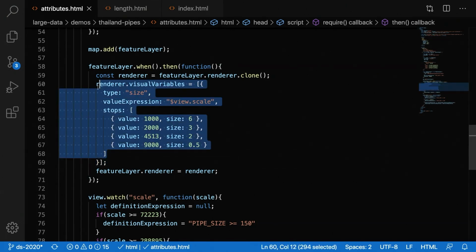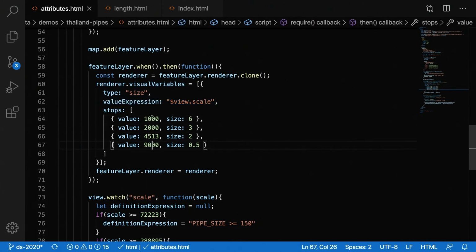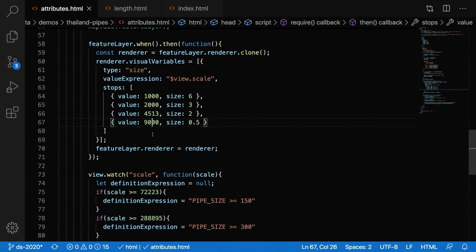You just set a size visual variable and you set a pretty simple Arcade expression. You just want to watch the view scale inside the renderer. Based on these very small scale values, you're going to change your width, because when you go beyond that scale of 9,000, it doesn't really make sense to show any thicker lines than that. And so the two of those scales are less than 2 pixels in size. So based on what I showed earlier, we would always be drawing the most optimal